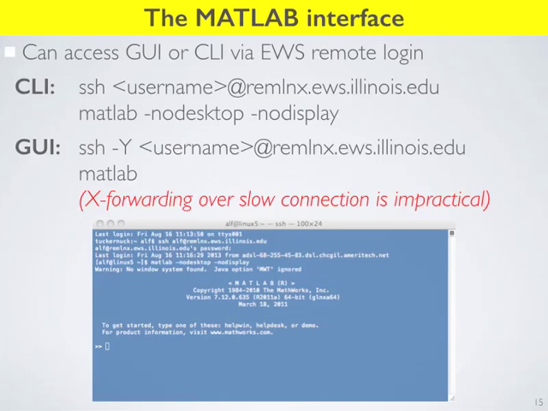Typically, I have a reasonably fast connection. You might have better ones. It's sort of painful to operate because everything runs so slowly because the graphics are coming through this SSH pipe. It's sort of too slow to actually do anything useful. But it depends on your connection speed. So if it doesn't work, don't worry about it. Most things you can do just using the command line. But the best solution is really to install it locally, and there's no reason not to because it's free. Okay.